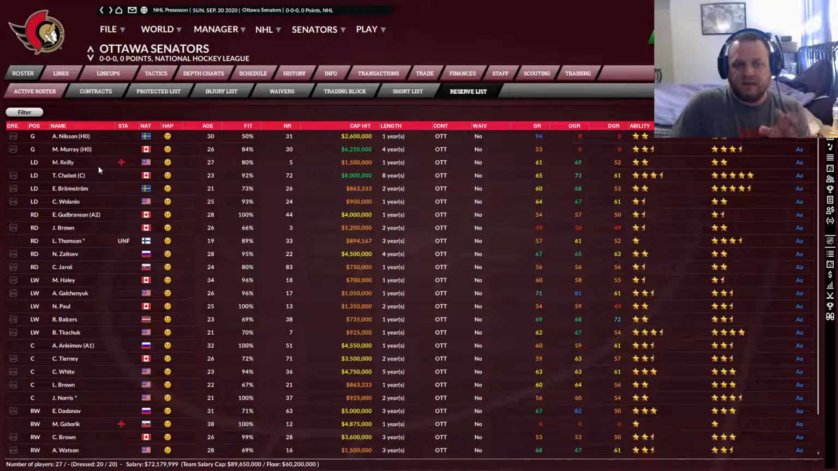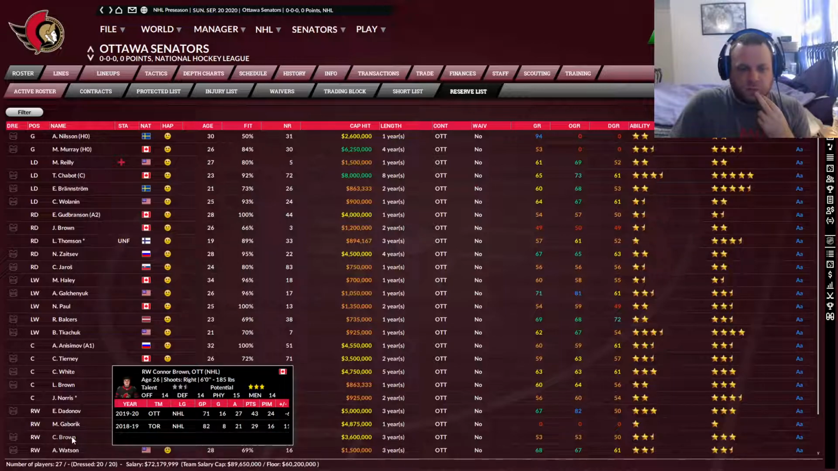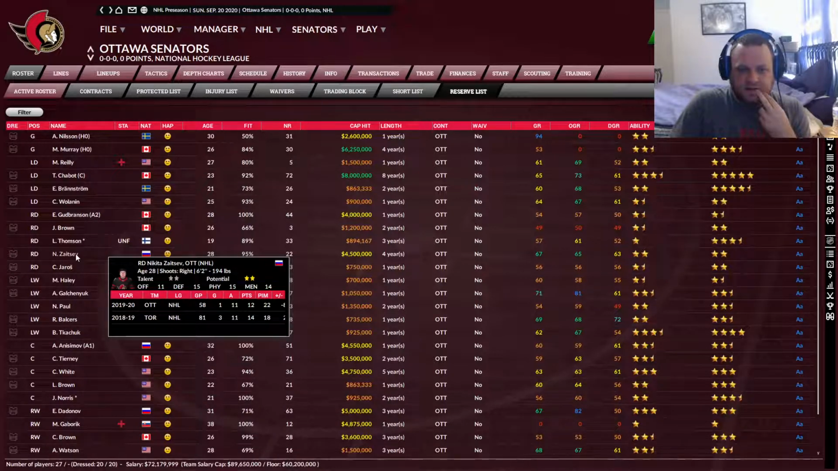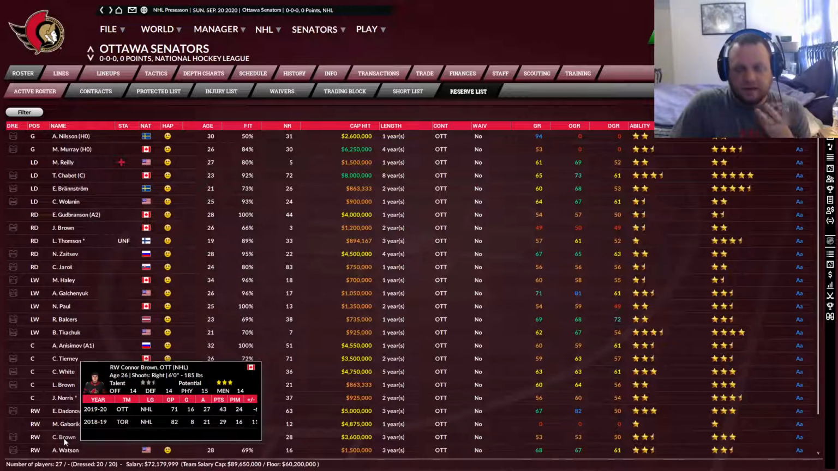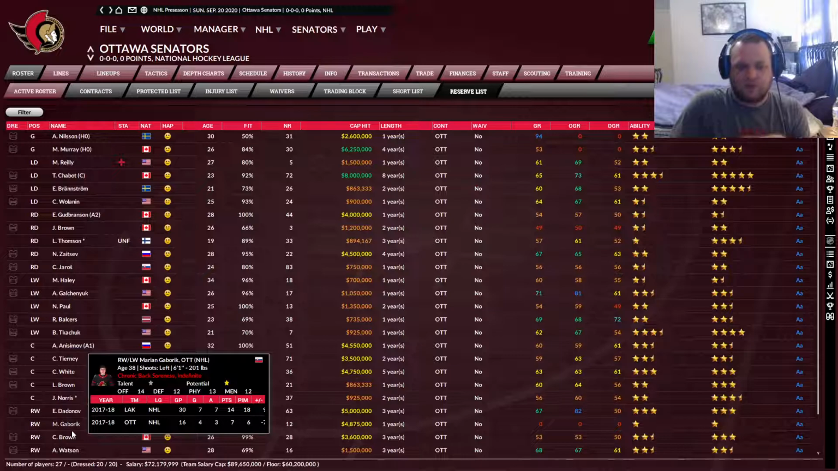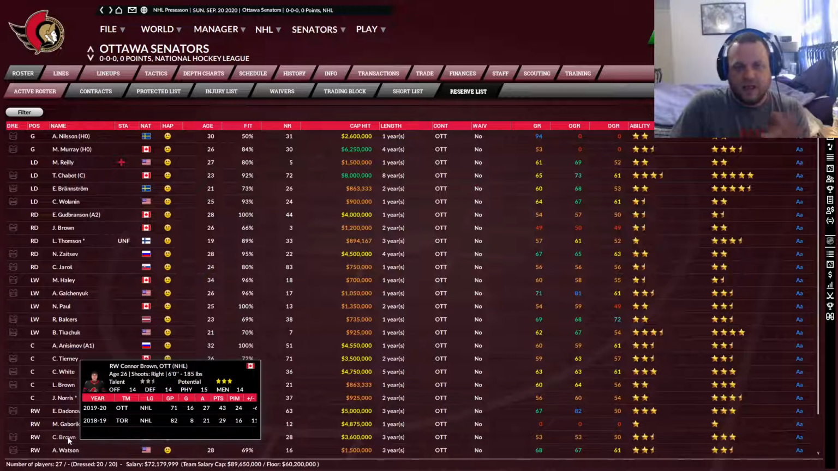So let's say I send him down, and then I'm looking, and I'm seeing Connor Brown in the minors, and I'm like, oh man, he's a 2.5-star player. That's a lot better than Zaitsev here, who's 2 stars. So I'm gonna get Connor Brown up. Well, Connor Brown is not a defenseman, so it's not going to help you very much. You really should be getting Zaitsev instead, because even if Connor Brown is a 2.5-star player, I can guarantee you he's not going to play as a 2.5-star player playing defense. So you want to have him playing at